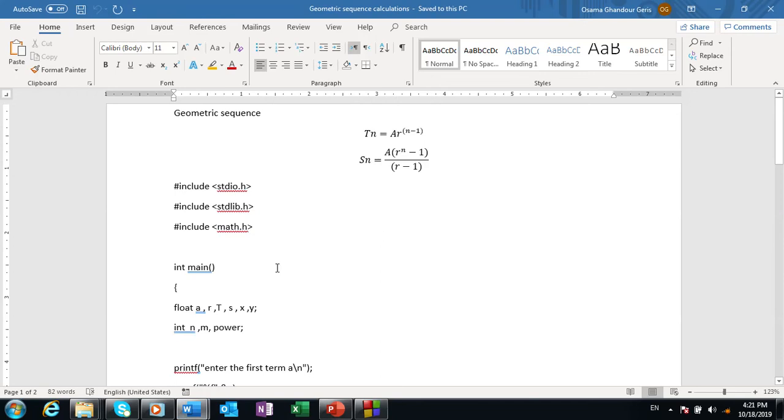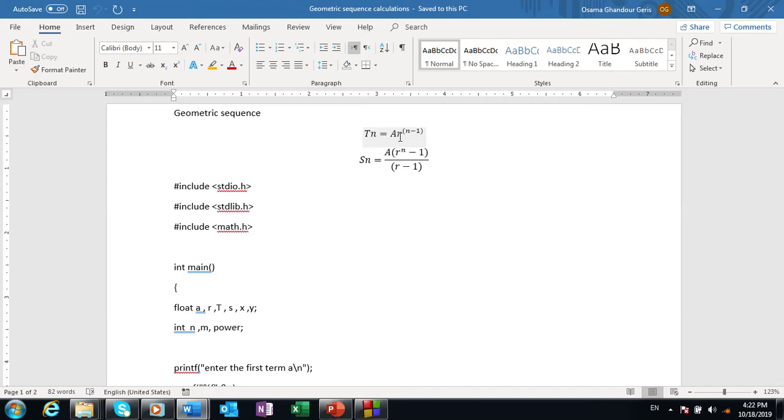Now we have to design a program for calculating the geometric sequence. Calculate the term of n number and the summation of all the terms inside the geometric sequence. Okay, so we have here the first term, which is a, and the ratio, the common ratio, which is r,